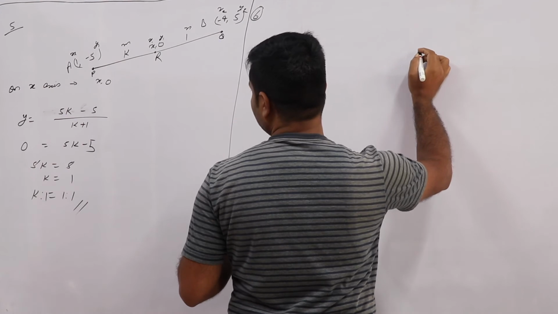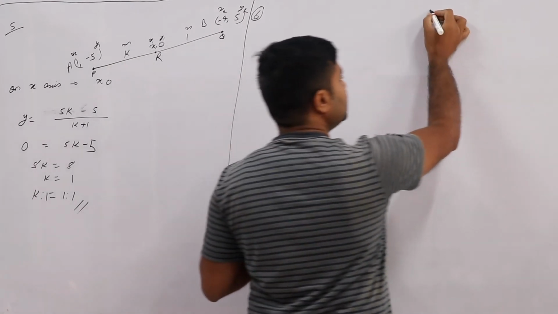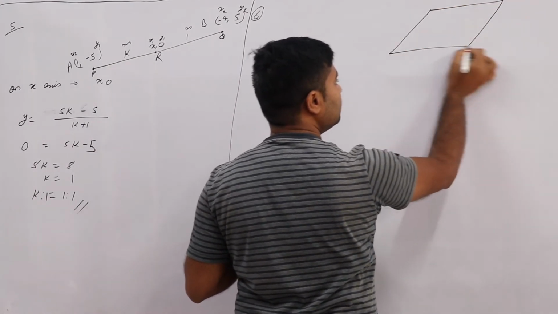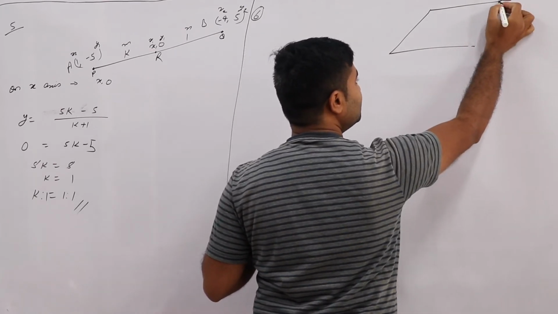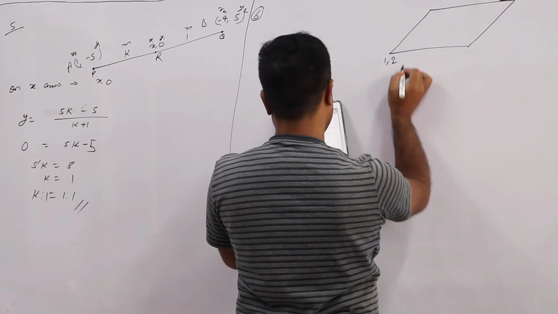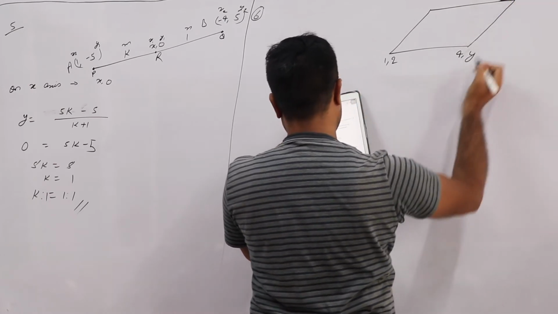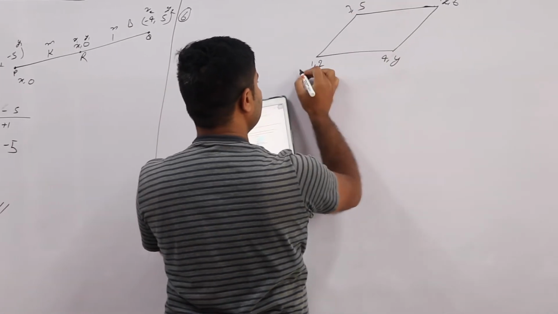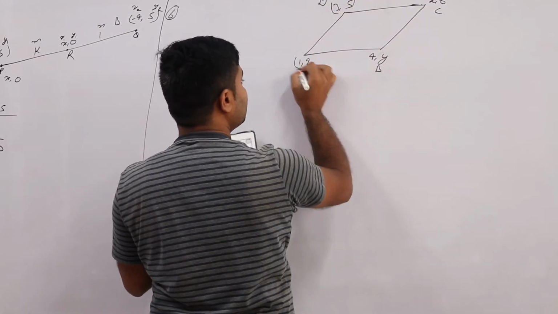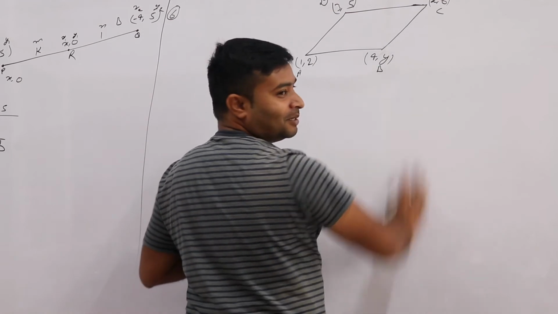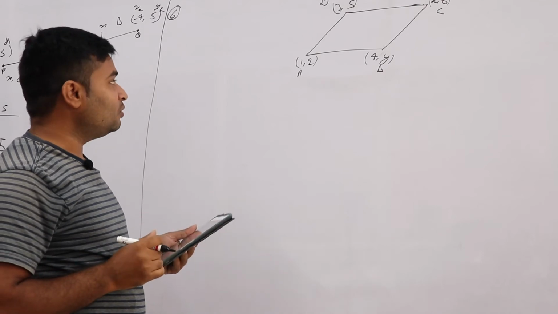So first draw the parallelogram. We have the big board, right? So 1 comma 2, 4 comma y, x comma 6, 3 comma 5 are A, B, C, D. Wow, Prajwal has told something correct. I'm really happy, man. At least you can say A B C D. Correct. The question says to find the value of x and y.